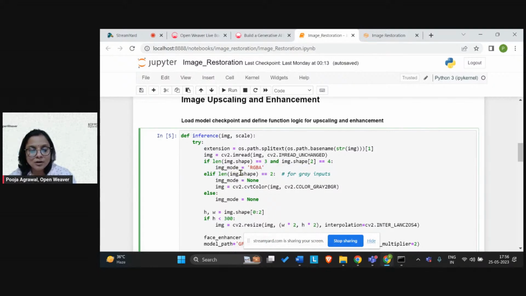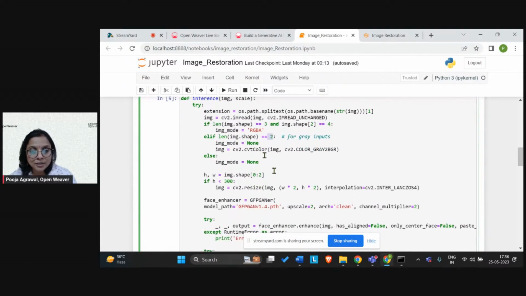Similarly, when you check the image, if the length is this, then the image mode is set to RGBA. Else, if the length of the image shape is equivalent to 2, then you understand that you have got a grayscale image or a grayscale input with black and white as the color. So you just don't set any mode, but you colorize the image,